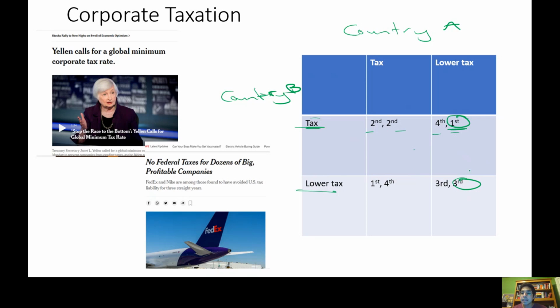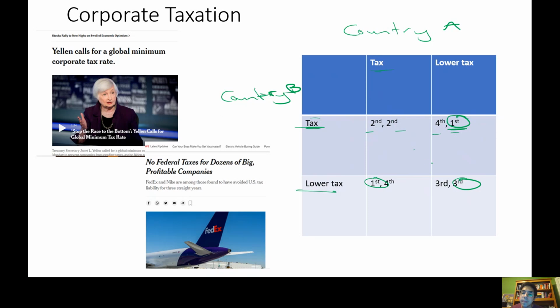So we can see country A has a dominant strategy. And so we should be able to solve the game just with one player having a dominant strategy, because we expect the other player just to play the best response to the other player's dominant strategy. But let's see if country B has a dominant strategy. So again, we would hold country A's strategies, or we would look for the best response of country B to both of the strategies of tax and lower the tax. And so country B's best response, if country A decides to tax, is to lower their tax rate to attract more economic activity. And country B's best response, if country